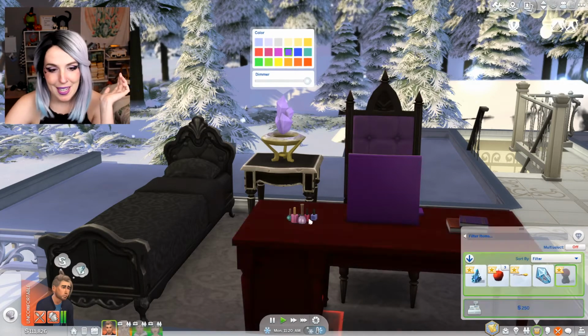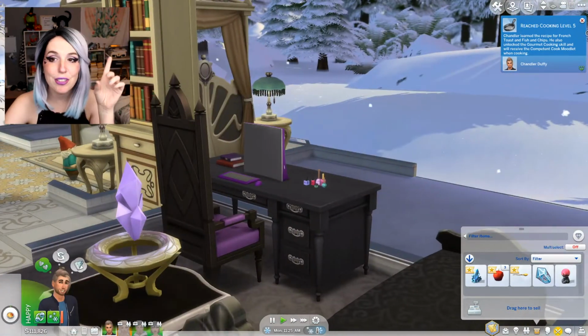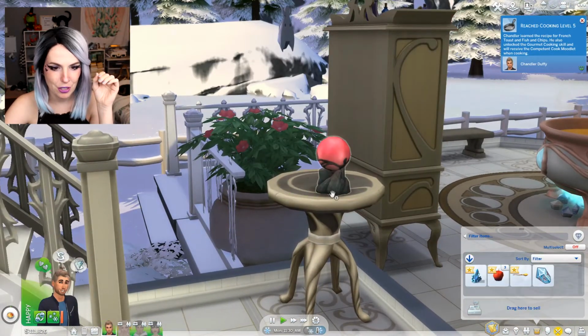Anyways, she has a crystal ball. Oh my gosh. Should we like remove her nail polish to make room for her crystal ball? Actually, there's a table downstairs that I think has room for it. Here we go. Oh my gosh, how freaking...